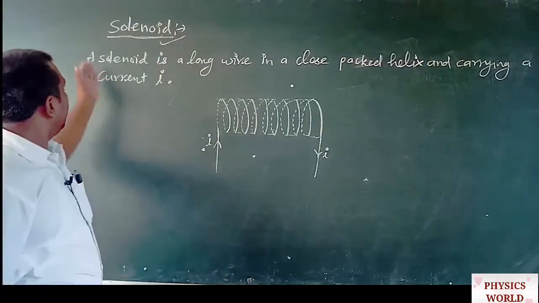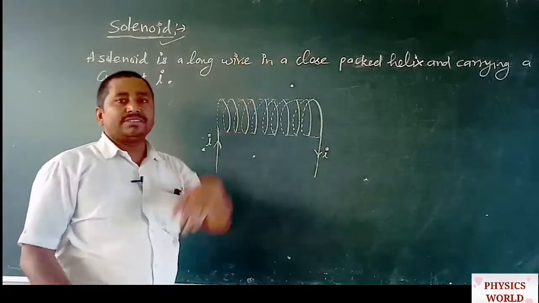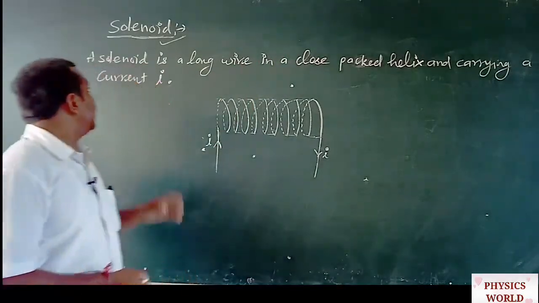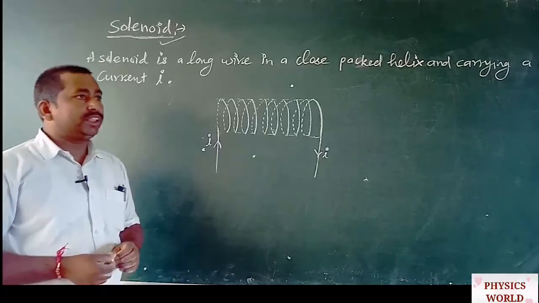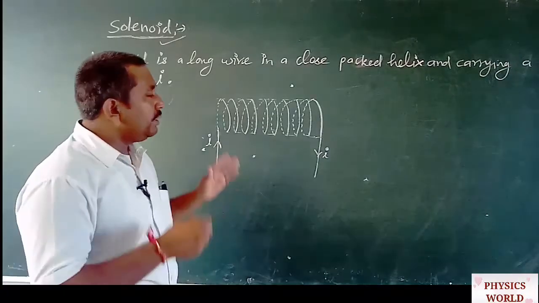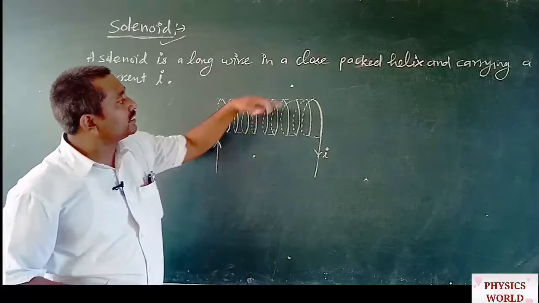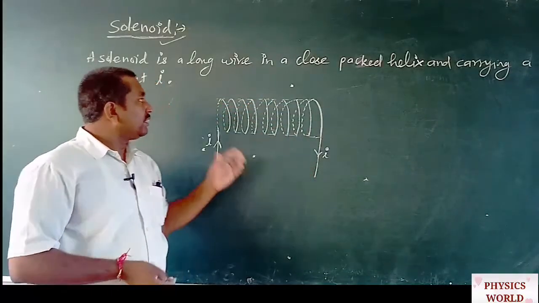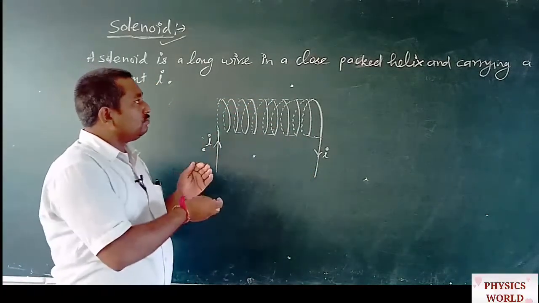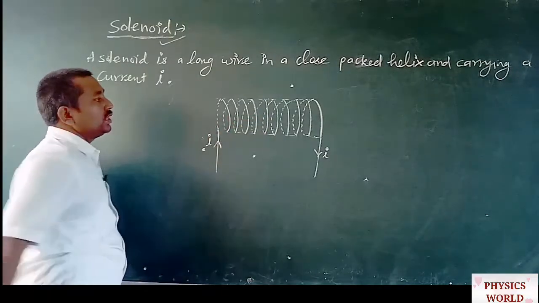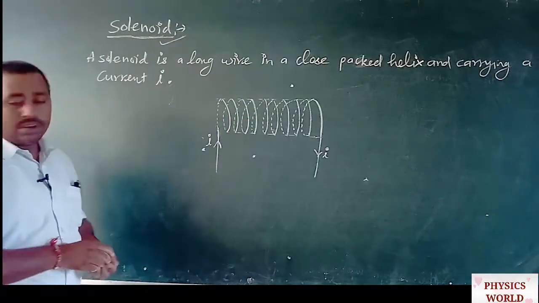What is a solenoid? A solenoid is a long wire in a close packed helix carrying a current I through itself. So if we assume there is a solenoid, then there are many turns in the solenoid formed in a helical form of close packing, and there is a current flowing through the solenoid. Now